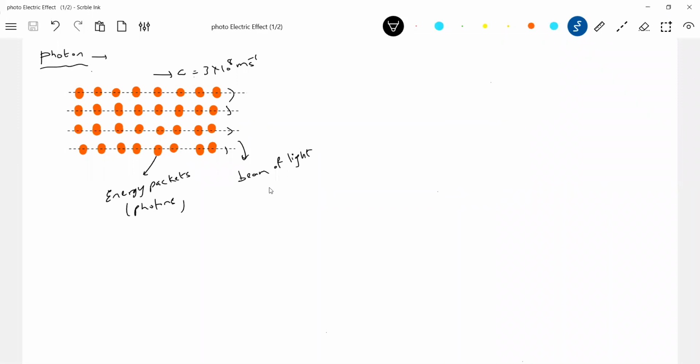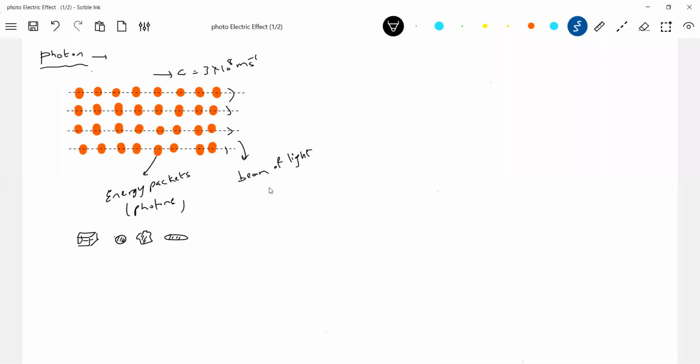Now when I say energy packet, the word packet, how is the shape of the photon? We are not yet able to confirm it. Will it be a cubical shape? Will it be spherical, or any random shape, or will it be elliptical or ellipsoidal? We are not very sure about what the shape of the photon can be, but at least